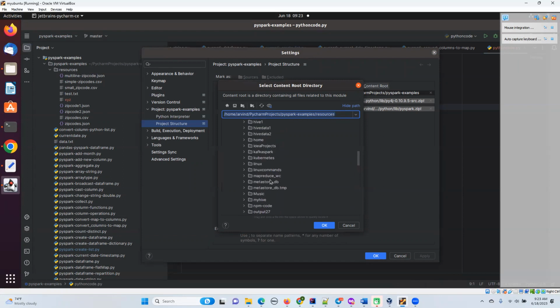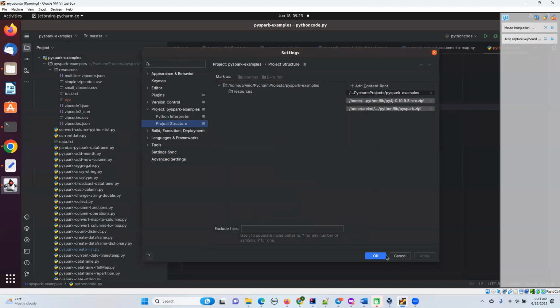When you double click on this, you go to your Spark installation folder. My Spark is in the softwares, and here is my Spark 3.2.3, and there is a Python folder. In this Python folder, you go to lib, and you will get these two here: Py4j and PySpark zip. PySpark zip provides the module libraries for your PySpark code. Once you get this PySpark zip and this one, you configure them here, and then you restart your